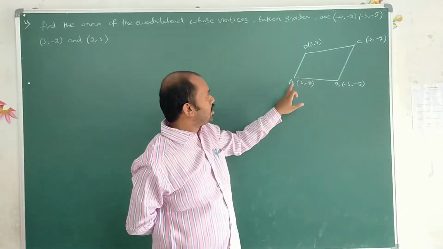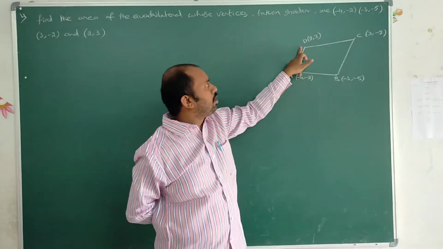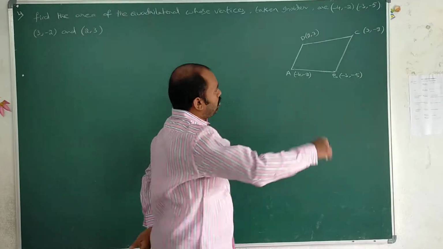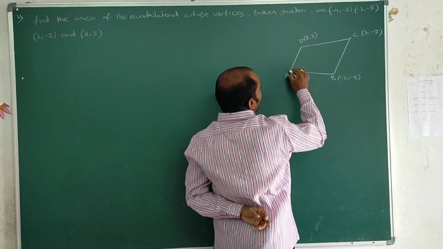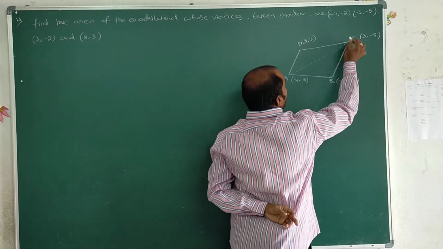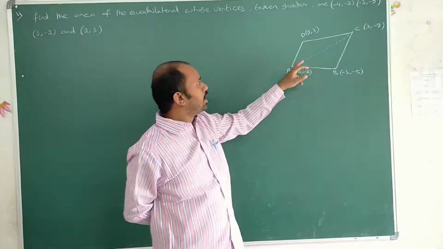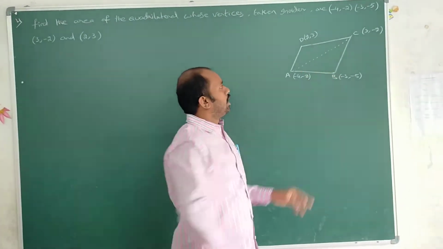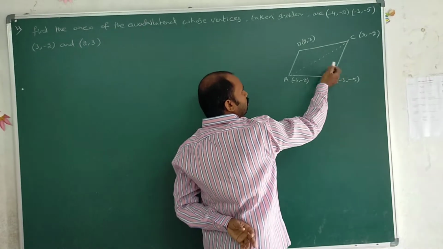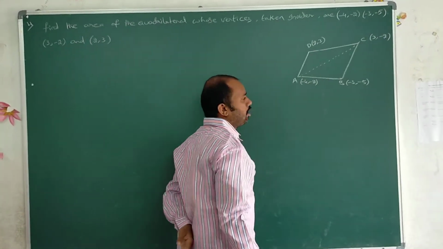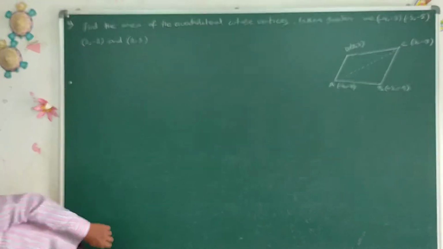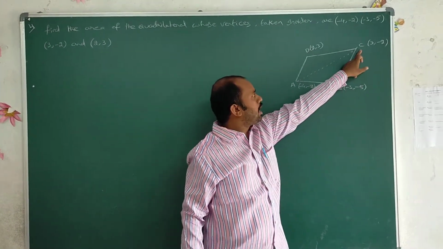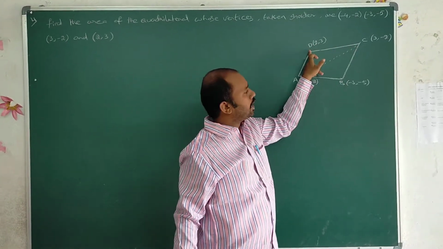So as mentioned in the diagram, A, B, C, D are the vertices of a quadrilateral, and the quadrilateral can be divided. Suppose we draw a diagonal AC. It is divided into two triangles. Here AC is a diagonal and BD is another diagonal. You can take either AC or BD. Suppose you take AC. Here two triangles form. ABC is one triangle. ACD is the second triangle.